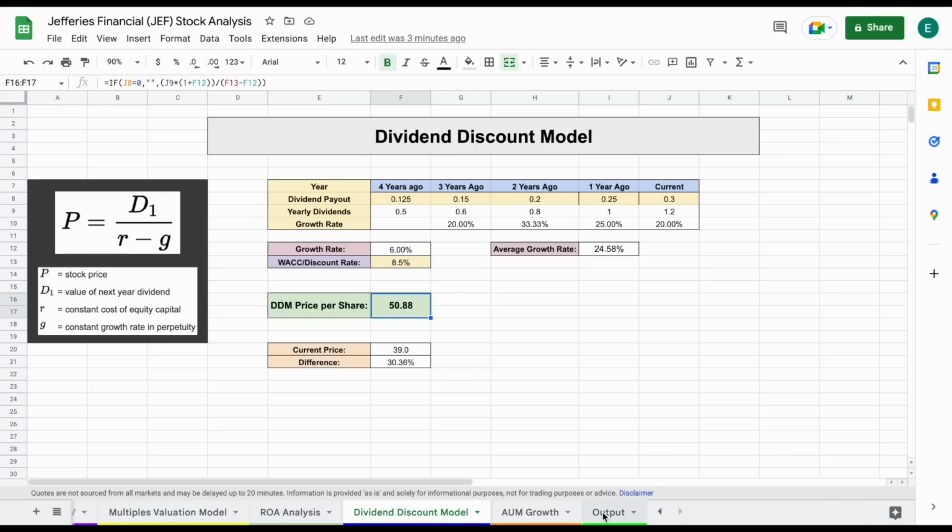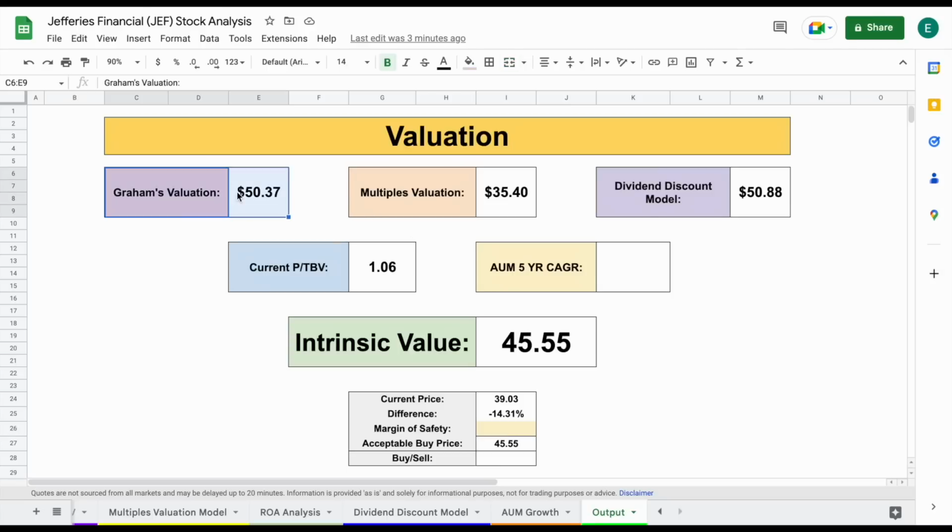So when we jump over to our output tab, we can see all the valuations we did, and when we average them together, we come to an intrinsic value of $45.55 per share. So if we apply a 10% margin of safety, we can see based upon that, our acceptable buy price is around